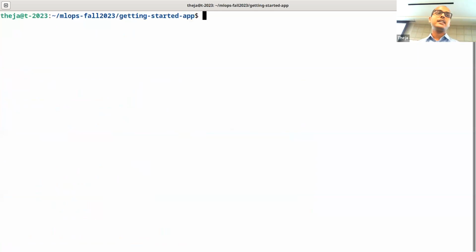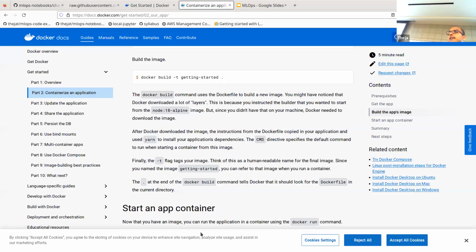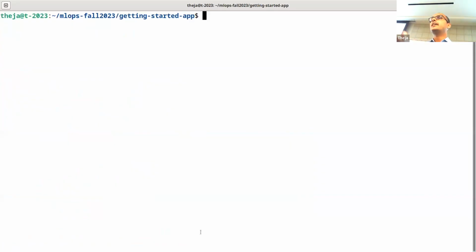Now we build it. Now the only thing we need to do is look at it and then start a container based on it. So first, let's look at it in a sense. How do you know it's built, right? So in my case,